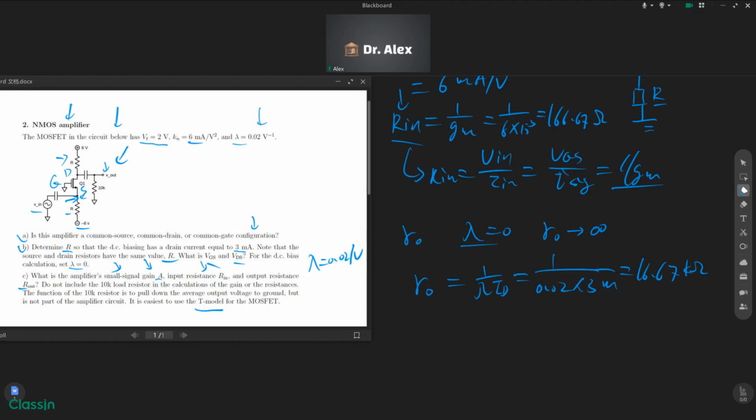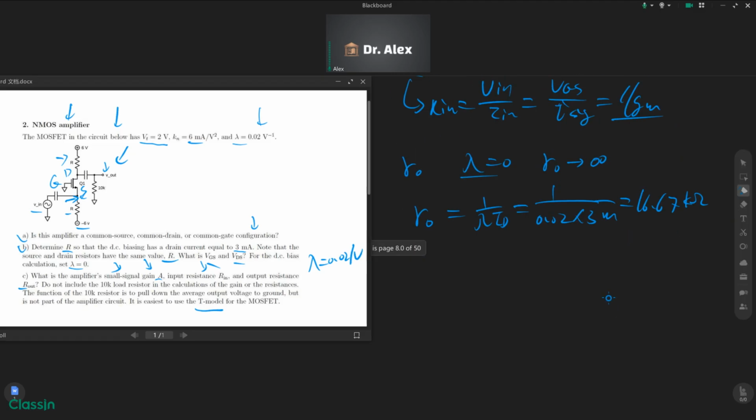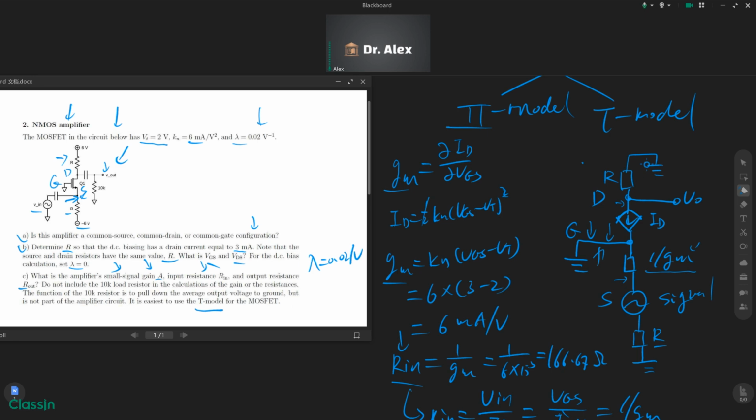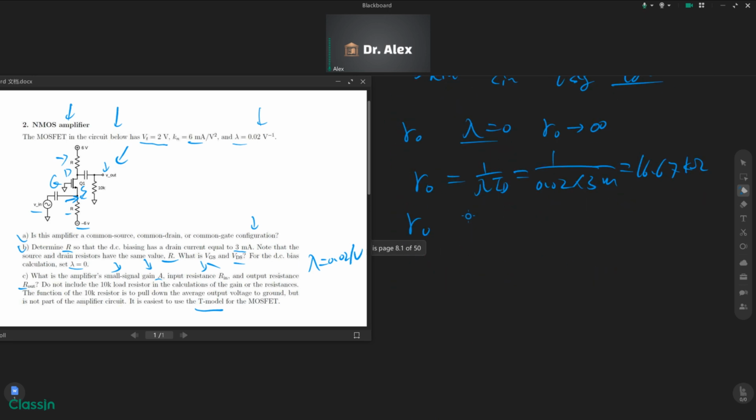The embedded output resistor and the external output resistor R are in parallel. So the total output resistance is RO parallel R, which is 16.67 kilo ohm parallel 1 kilo ohm. The answer is 943.42